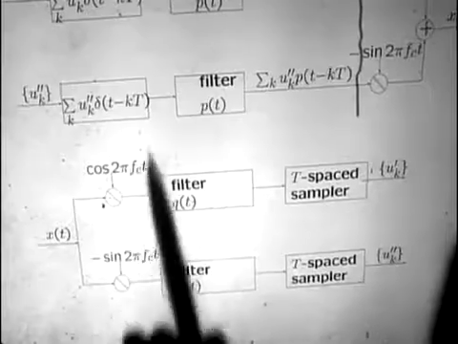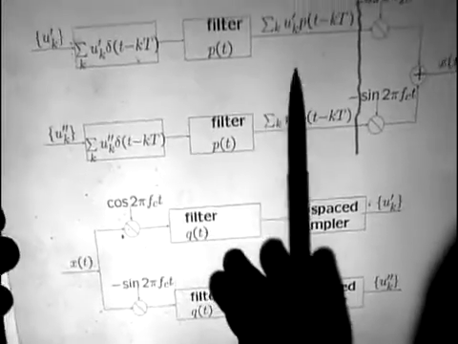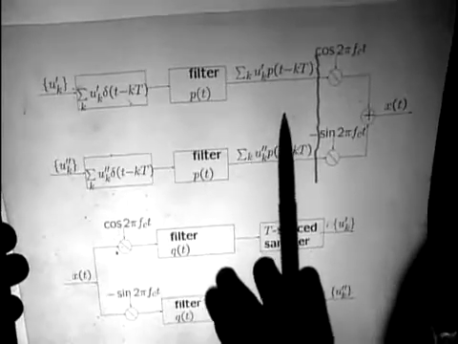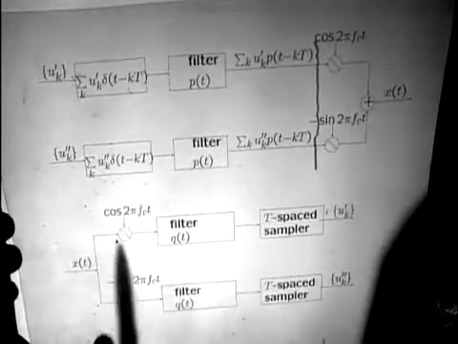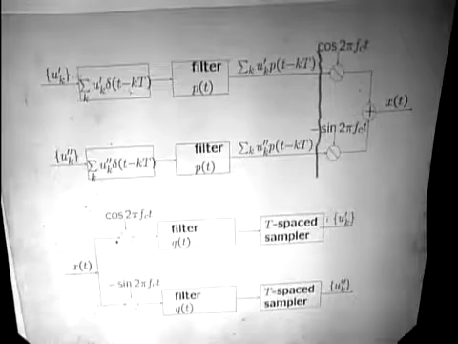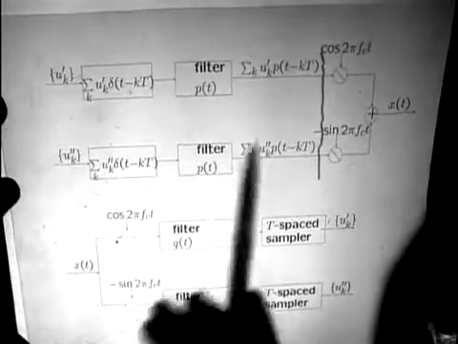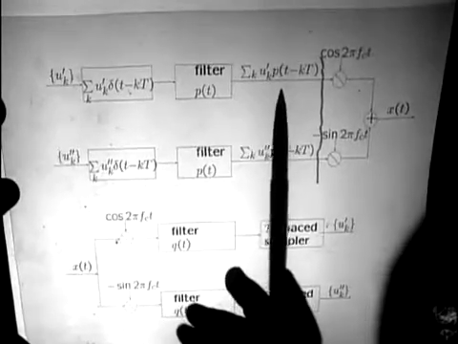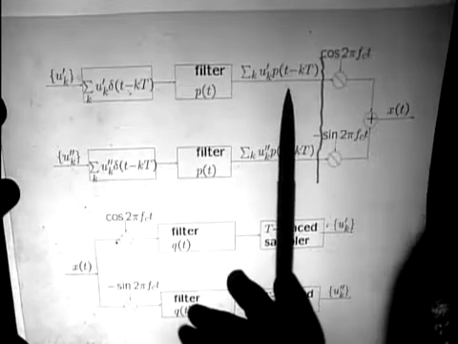So the only thing going on here is simply a PAM system where when we multiply by cosine twice, we get a baseband component again, which is exactly the same as this quantity here, except it's